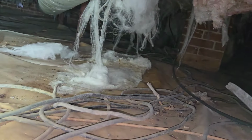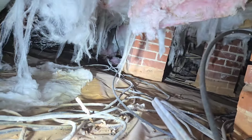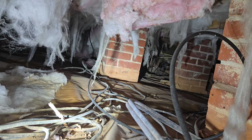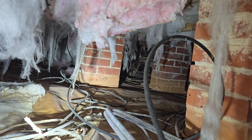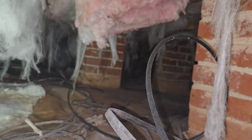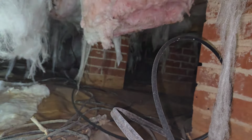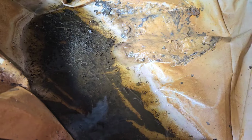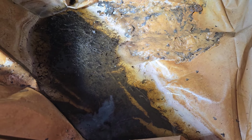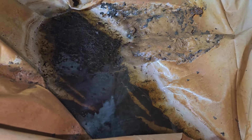This insulation, God. I'm sorry, I keep flashing my light because I don't want to see an animal. We're gonna have to come through here. So this right here is a belly crawl. Look at that. That looks like sewer water. You can see the